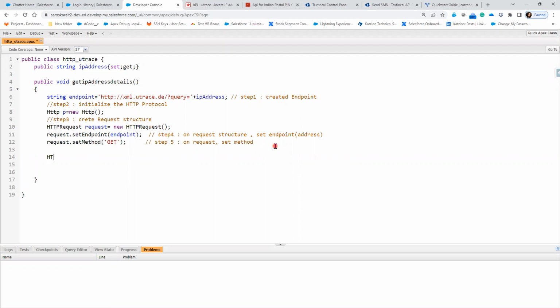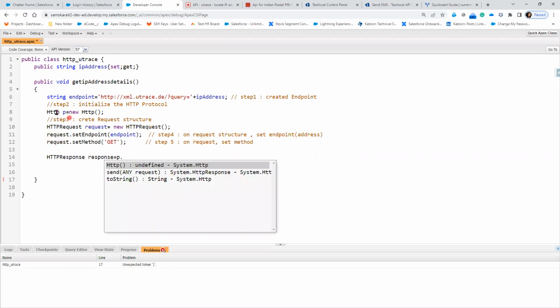Now HTTP response, this is another class. Let's initialize this response equal to. Now from where will I get this response? Based on this request, we will receive the response, which comes from the initial class. Now we are going to send